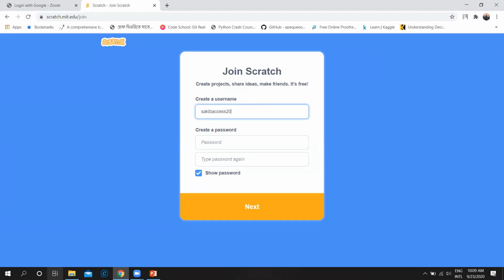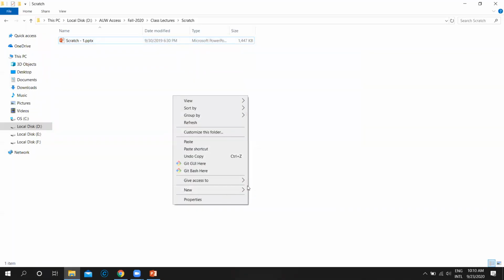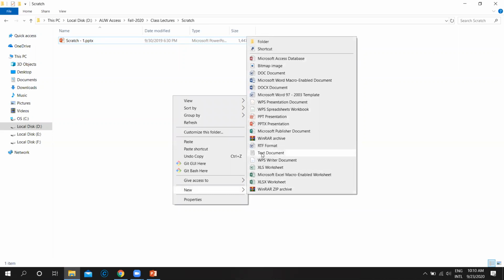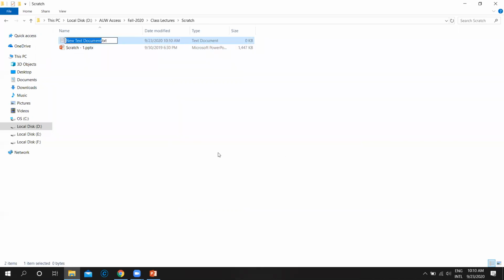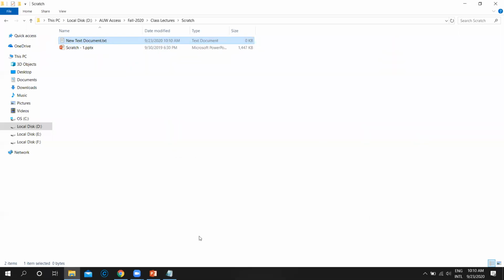Whenever you create an account, you have to give a username and a password, these types of things. You have to save it in a text file. Try to save it so that you don't forget it.